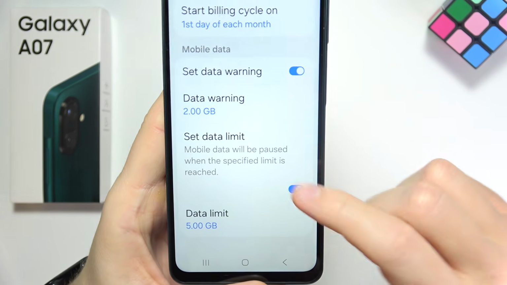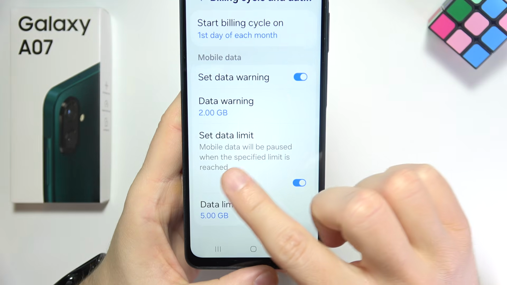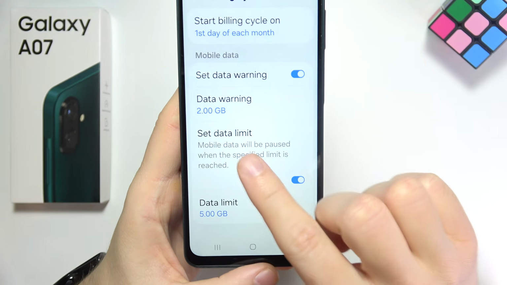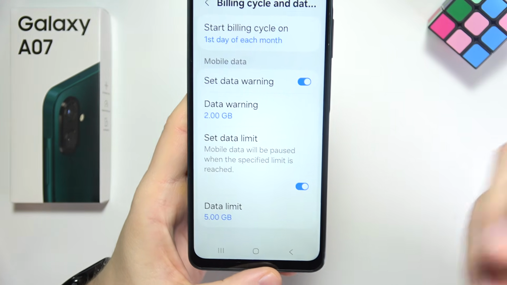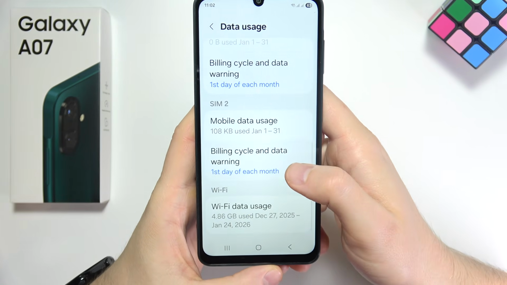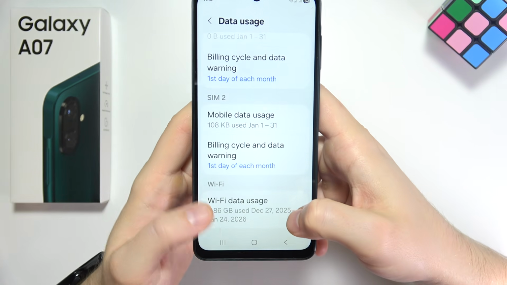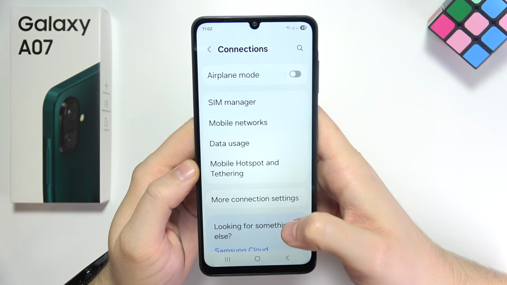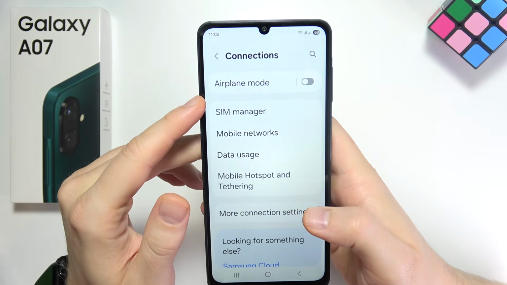using a data limit, because when the data usage goes above this specific limit, then your mobile data will be paused and you will not be able to use it. So make sure that this is turned off for both of your SIM cards. But if you still have this issue and your mobile data is not working, you can simply go for SIM